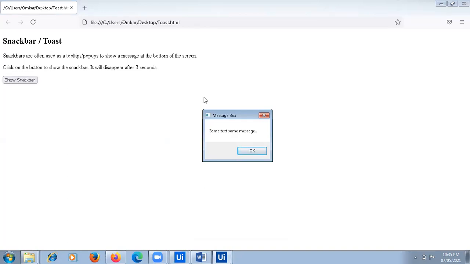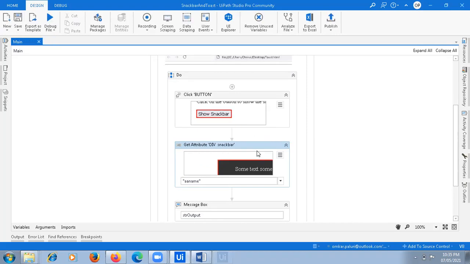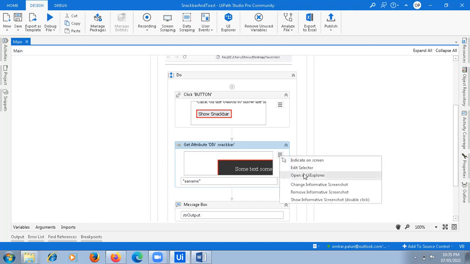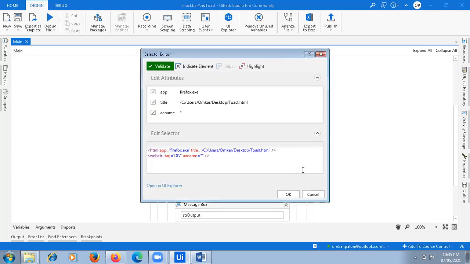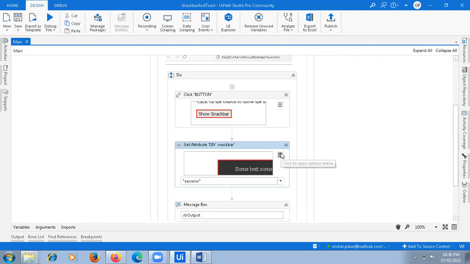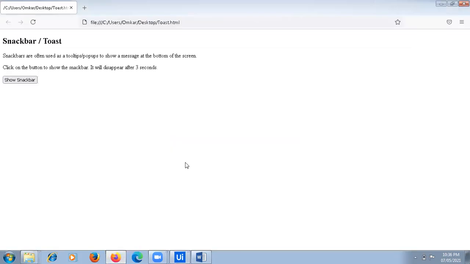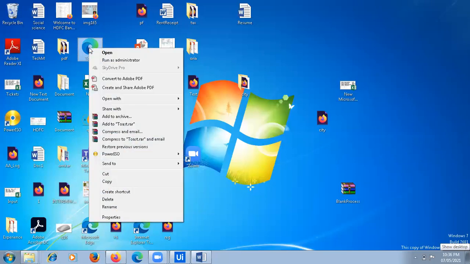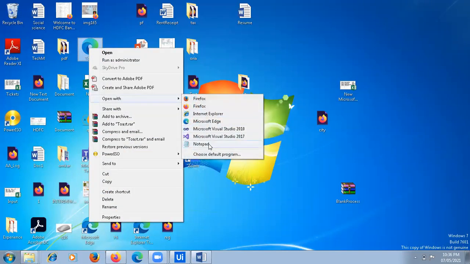The text message is not changing. Let's see. The old instance was there. Again, we need to open UI Explorer and save the text file.